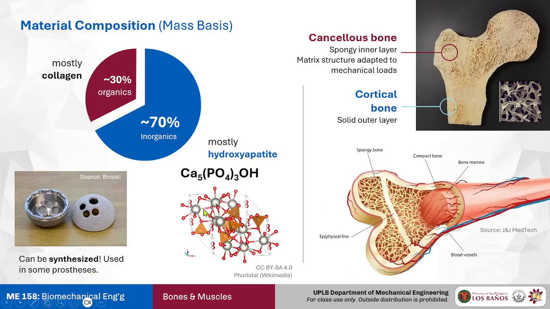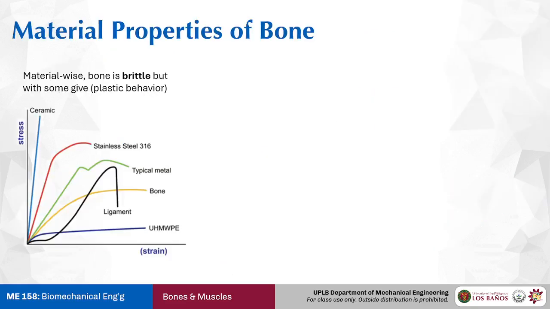It doesn't have the metallic inner layer, if I remember correctly. It's 3D printed in HAP all the way, but that's beside the point. Okay, so now hydroxyapatite is kind of a ceramic. So do you think the material, the bone itself, will behave in a brittle manner? Actually, it's kind of halfway.